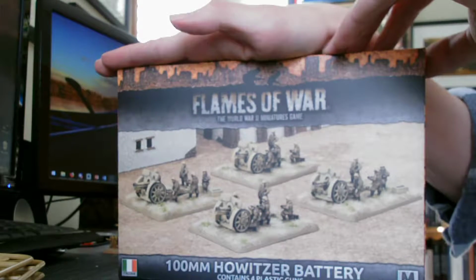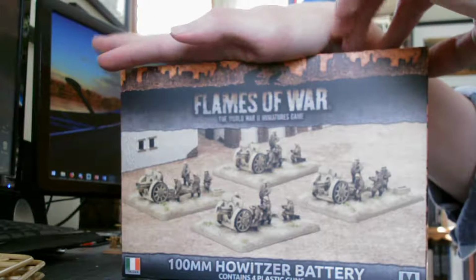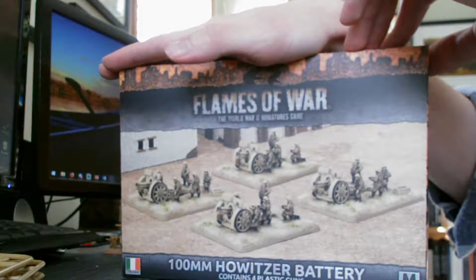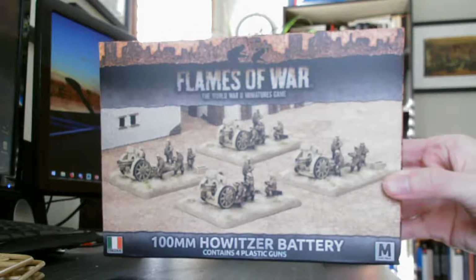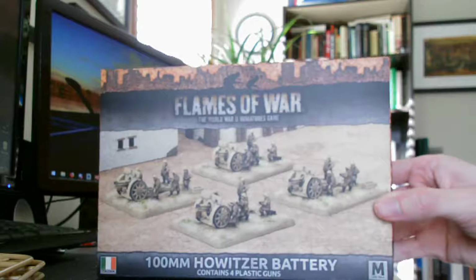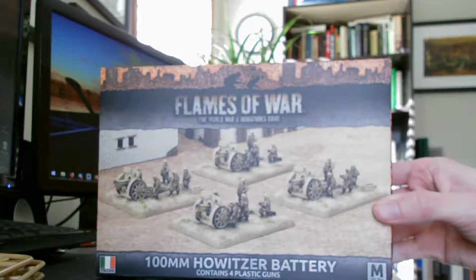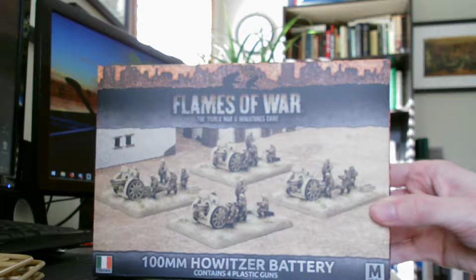So this time I'm going to be looking at the 100mm Howitzer Battery for Italians for mid-war of Flames of War, version 4. So I usually play as British, and I've got a small second Italian army slowly growing over time here. And I thought this would be a fun kit to add to my Italian army,